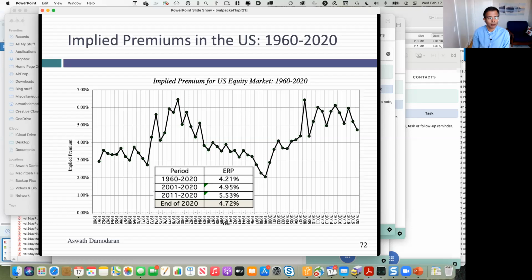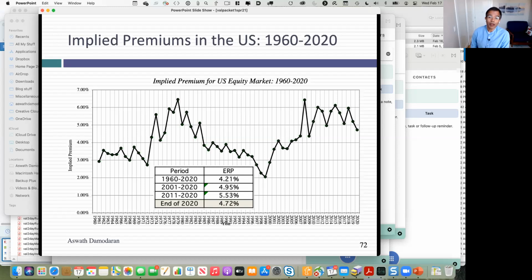So of course, you've probably been reading, every day I get at least 4 or 5 articles forwarded to me about the market being in a bubble. It's usually from the same guy. I think he writes like 5 articles every day. The market's in a bubble, the market's in a bubble. I've been reading him for 10 years. He's been telling me the market's in a bubble for the last 10 years.